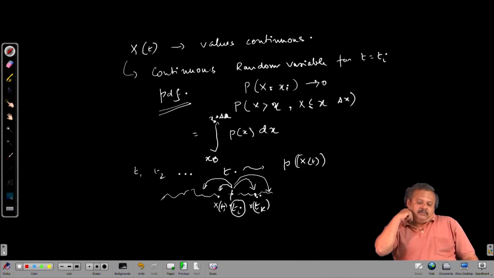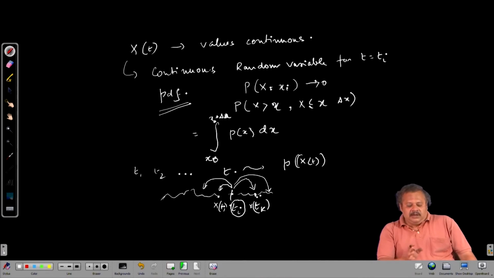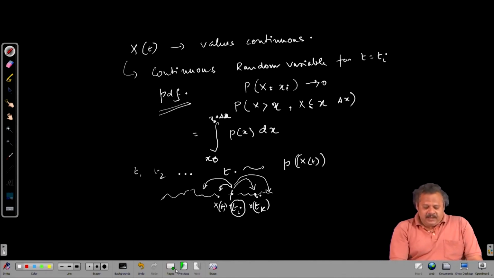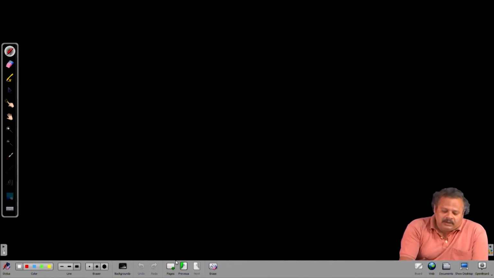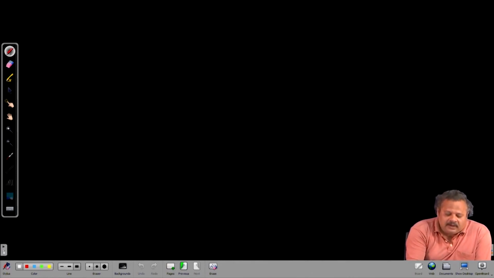So, we will leave it up to here in terms of the ideas of development of the random process, and we will continue on to describe a few other things that have to do with the measures of these random processes, and that is the functions that we need, or the items that we need in future are what we call